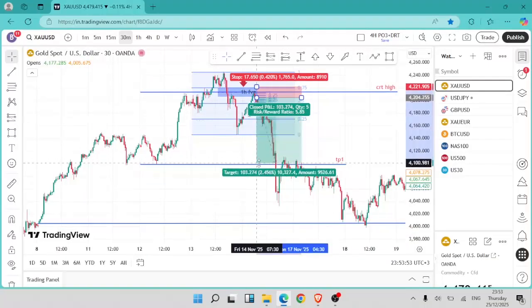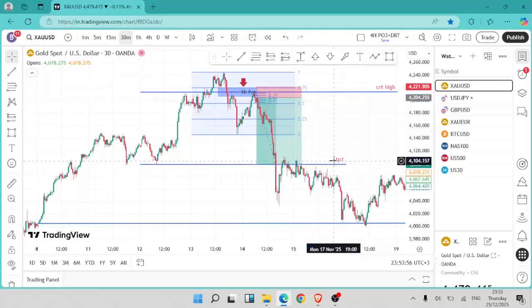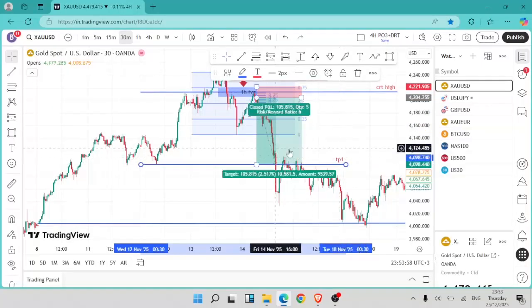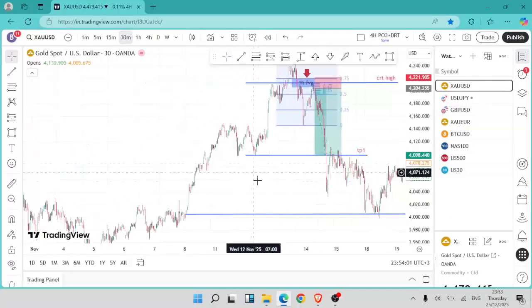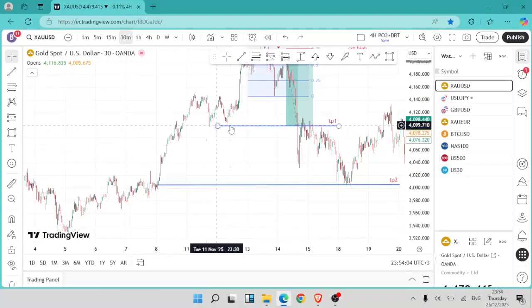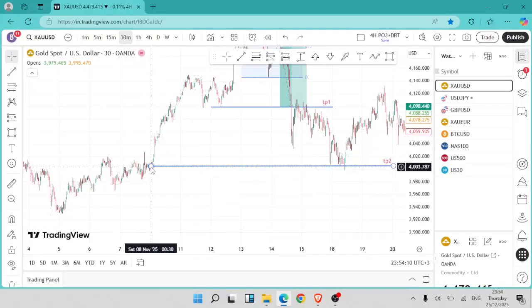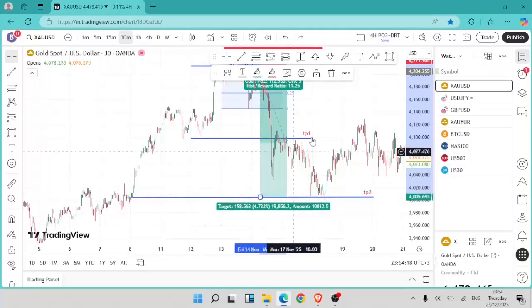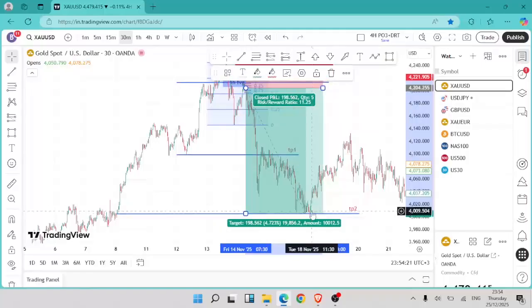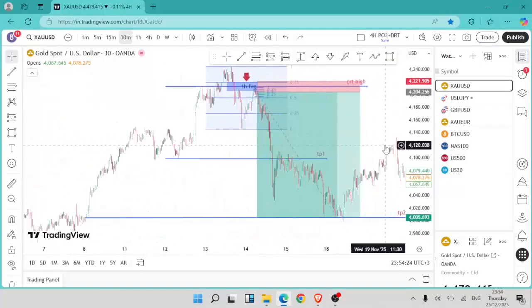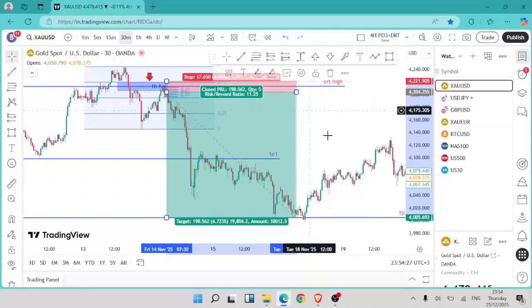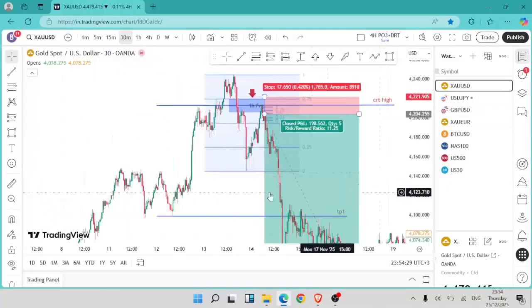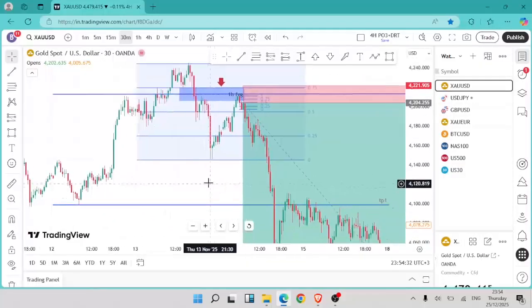our targets are the ones we marked before. This is the first target, which is TP1. This was CRT low, also giving us this first take profit. The reason why this is a first take profit is because of this relative equal lows, and then the second take profit can be here because of this. In the daily time frame, we have a weekly low candle, so you mark that as a second take profit as well, and we expect price to get to it and tap onto it before it goes higher or do whatever it wants to do. So that is the idea of CRT, or power of 3, with dealing ranges and change